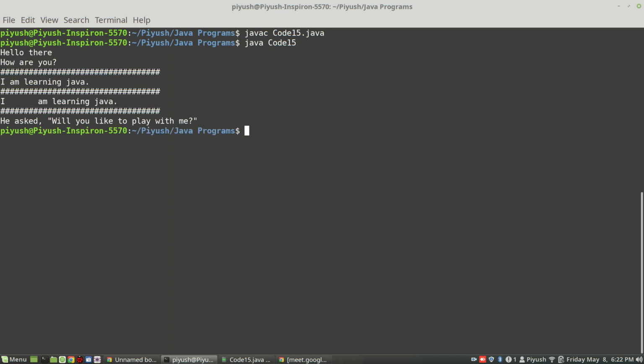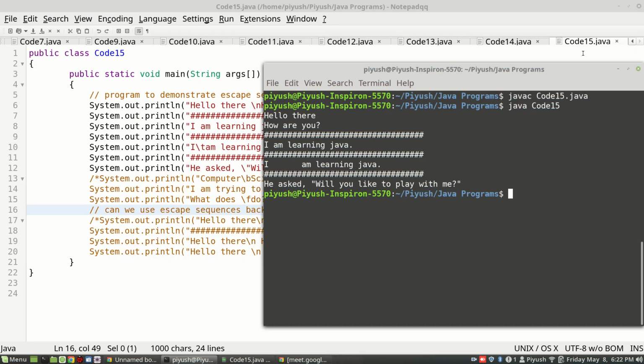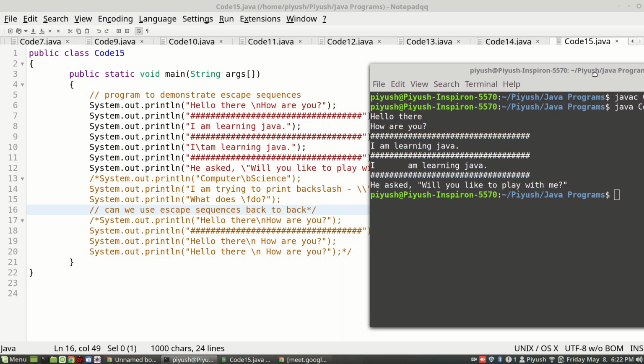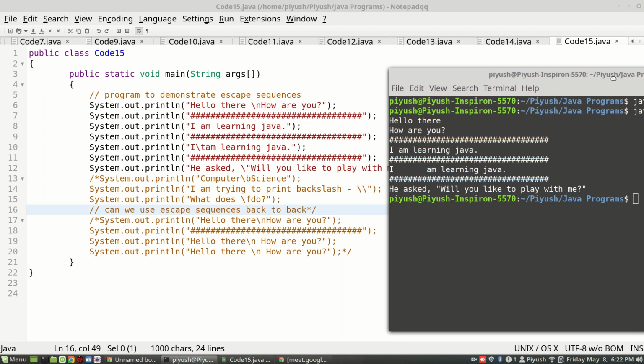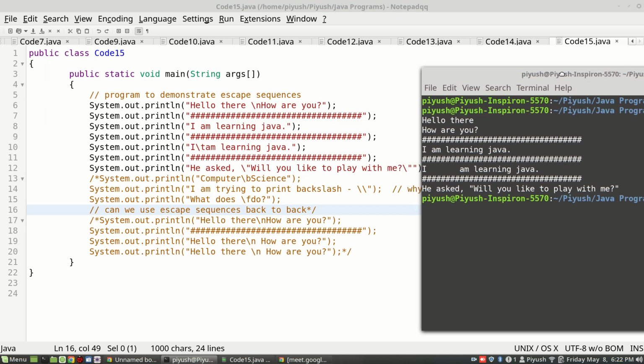Now, can you see this line output? It is coming exactly as you intended. Okay, so what I'll do is, I'll keep it by the side, analyze line number 11 in next 15 seconds. And let me know if you have doubts with that escape sequence, which is backslash followed by double quote.